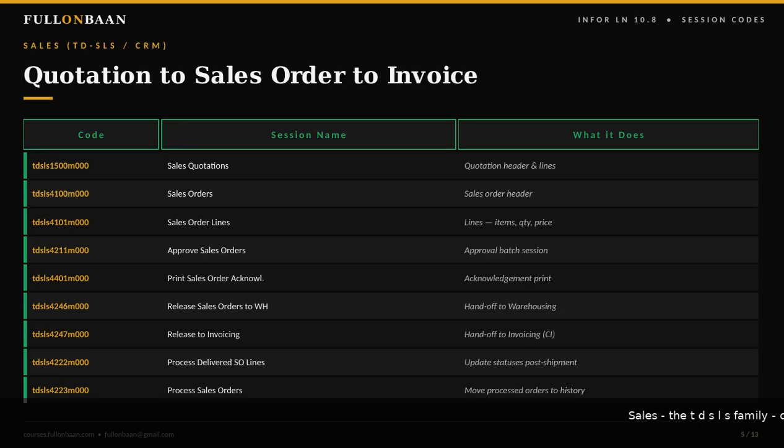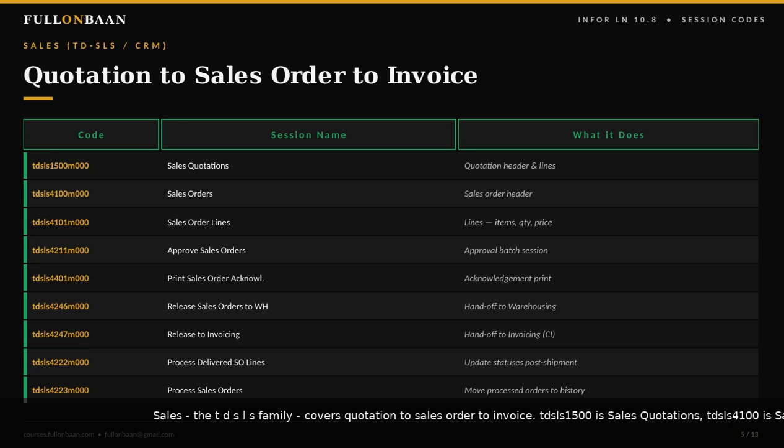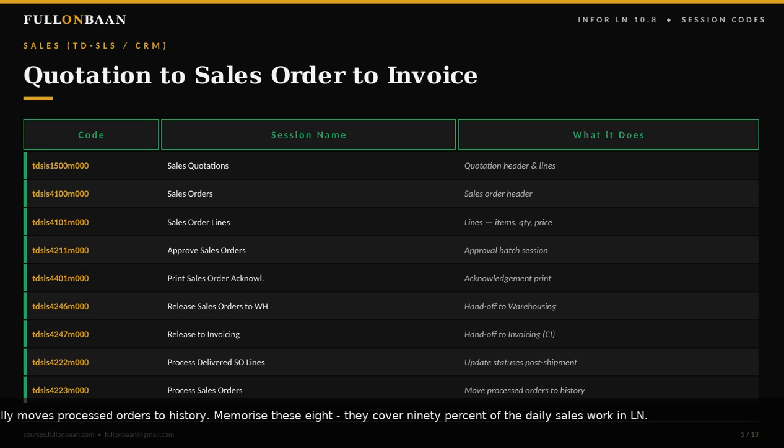Sales, the TDSLS family, covers quotation to sales order to invoice. tdsls1500 is sales quotations, tdsls4100 is the sales order header, and tdsls4101 is sales order lines. tdsls4211 approves orders in batch, tdsls4401 prints the acknowledgement, and tdsls4246 releases orders to warehousing. tdsls4247 hands off to invoicing in CI. tdsls4222 processes delivered SO lines after shipment, and tdsls4223 finally moves processed orders to history.